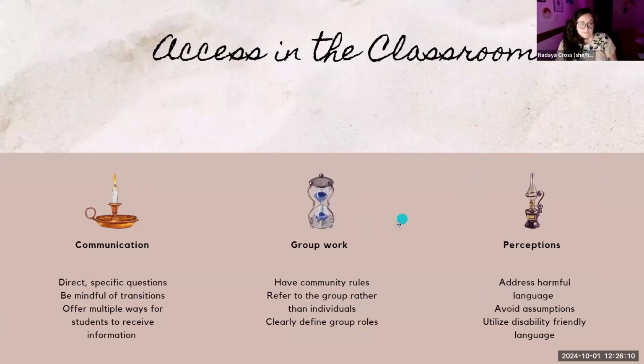For communication, ask direct and specific questions. So, for example, if the student says some kind of comment, you're like, well, why did you do that? Or why did you think that? That is vague and can be a little confusing for a student who's neurodivergent. Instead, it may be more beneficial to say, why did you say specifically XYZ, and how does that pertain to this class? So that they know exactly what you're looking for and they know how to answer correctly, or at least get the information that you're looking for.